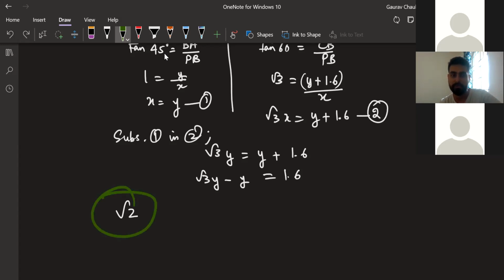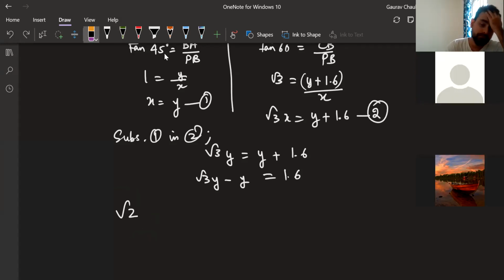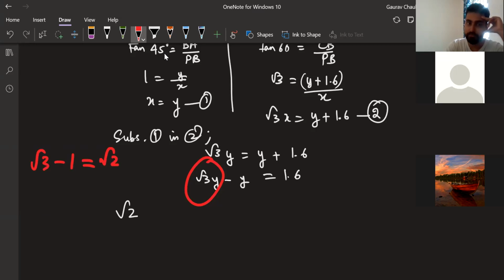Bindu, how are you getting this root 2 is my question. So it's like 3BC minus BC. But is this 3, Bindu? No, sir, it's root 3. It's root 3, which is an irrational number. Root 3 minus 1 is root 2? No, sir. This is not the maths which we know. Okay, this is not correct. If you feel like this, put this in a box next to where you have done it. Put a cross on top of that. This is not how it works.